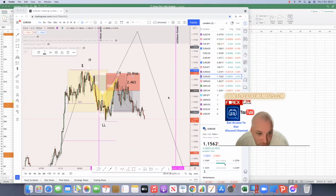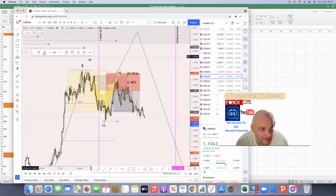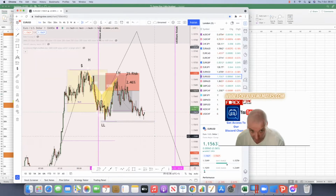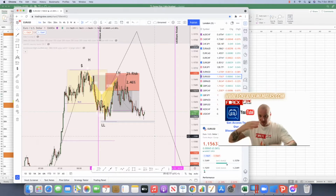All right, guys, so it looks as if price is finally going to come down to where that lower low was, to be honest. Not bothered, simply because we're getting 2.46 growth, again going on the strength, the currency strength, I should say. I've just seen an update from Andy, who's one of the main mods in our group. He's just posted it up there. The euro is on 5.0 on the strength. The USD is 4.0. So we may start seeing some bunching up and